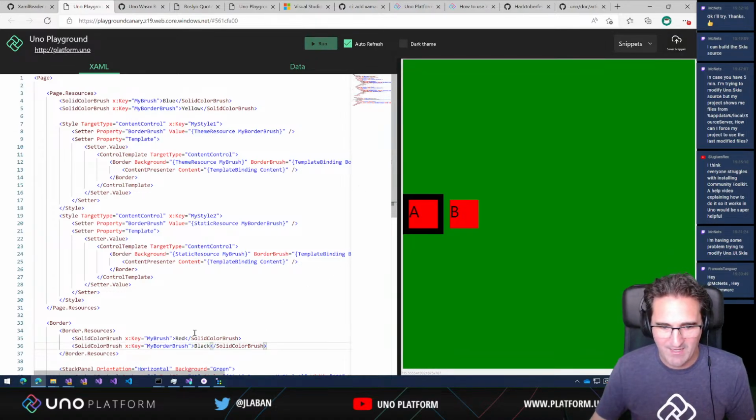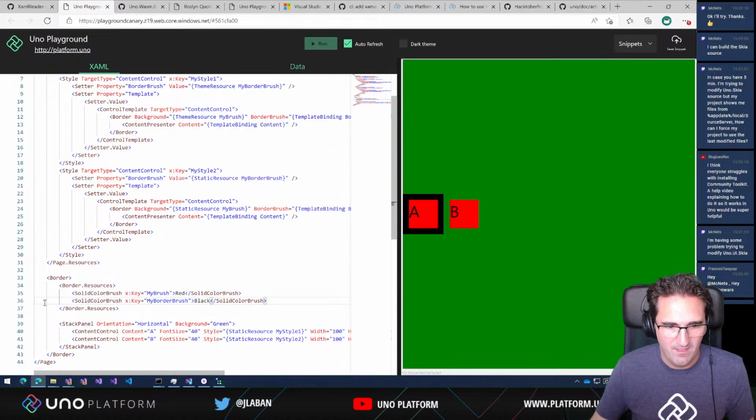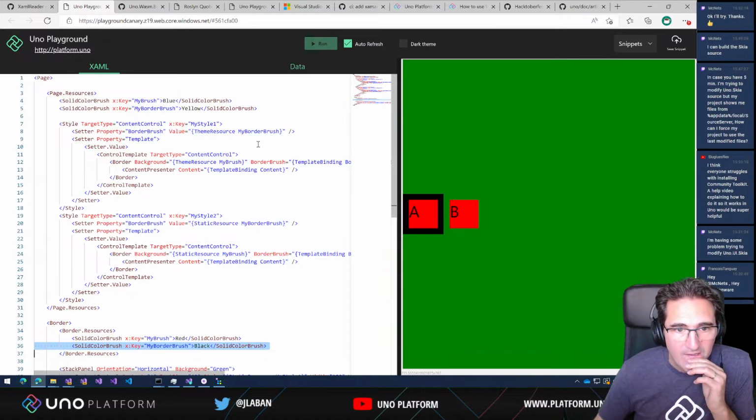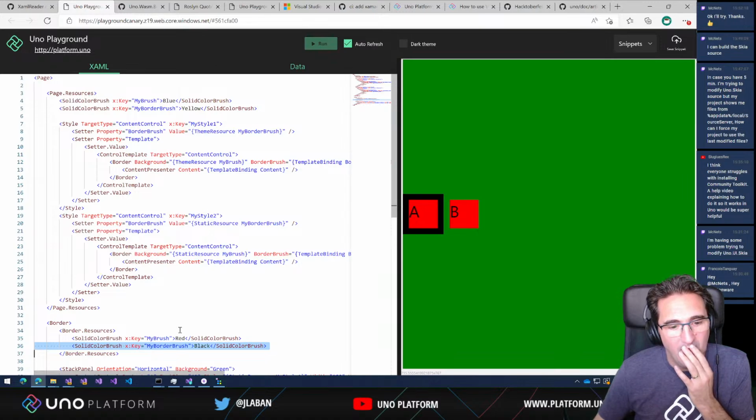Okay, so I have black here. So it uses the brush that has been defined here instead of the one that's been defined in the page resources, and it uses a static resource instead of using